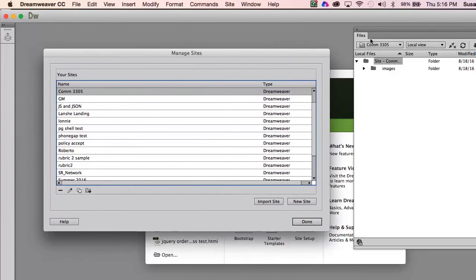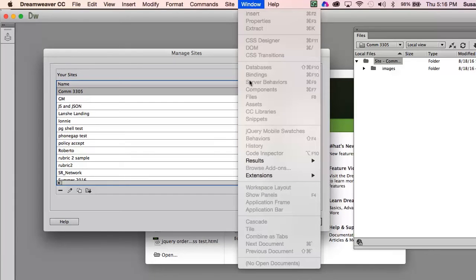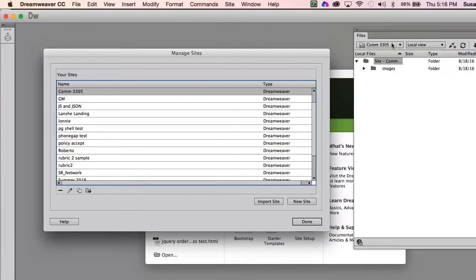I've already done this once, so you can see over here in my files window, which will pop up if you see here files. It's grayed out now because it's open. These are all the sites I have defined. Oh, I'll pop that open in a second. But the way we do that